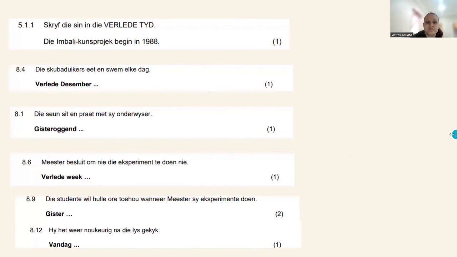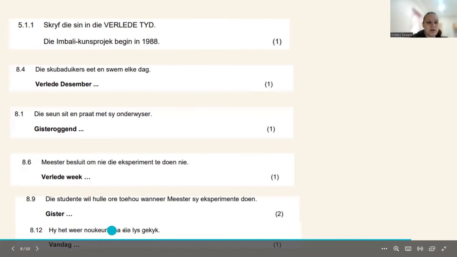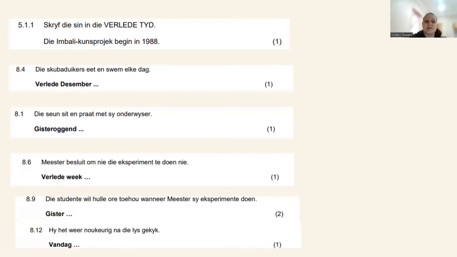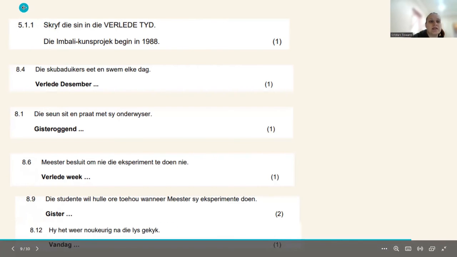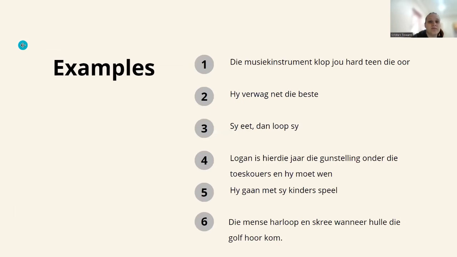Right. Now, these are all examples that I have gone and found in past metric papers. So this last one here, it's actually already in the past tense, but it is being asked to be put back into the present tense. So that's just an exercise to help you realize what the changes are. So if we look at these, the first one